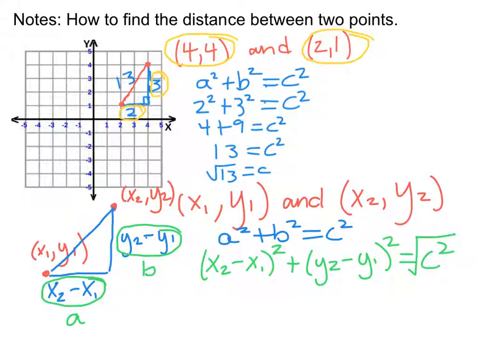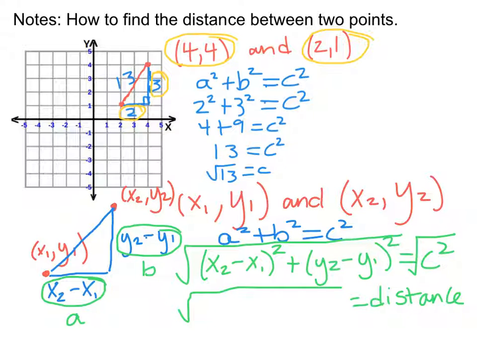So I'm going to take the square root here and the square root here. So my final formula is going to be, I'm actually not going to write it that way. I'm going to say the distance is going to equal, and then I'm just rewriting everything I wrote up top, the square root of x2 minus x1 squared plus